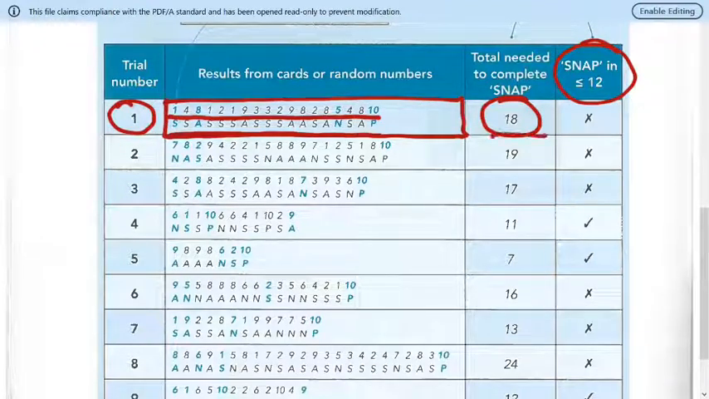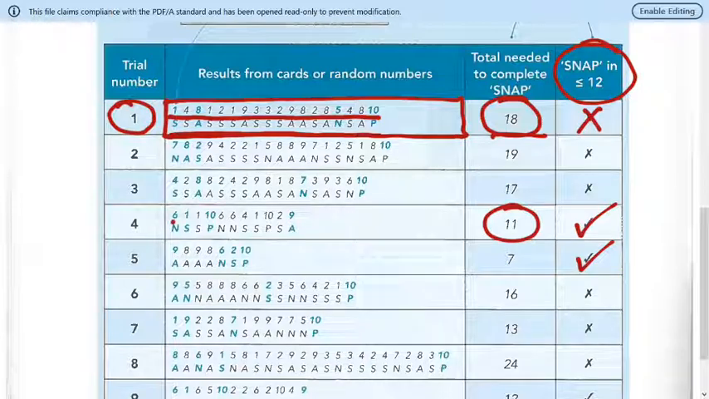So if it's 18, did they meet the goal? No. So they put an X. Now down here, it only took 11 to get it. So did they meet the goal? Yes. So you see, that's what the checks are about and the X's are about, if they didn't get it in 18. Okay? All right, so